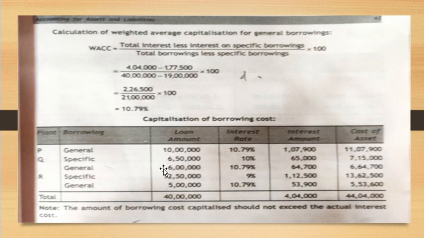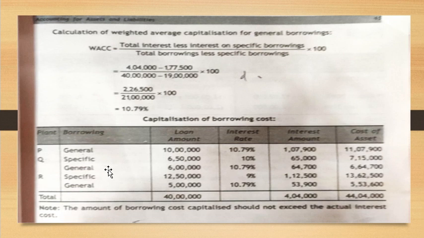Then the remaining amount is 12,50,000 minus 6,50,000, which gives you the remaining amount to be considered from the general loan amount, which is 6 lakh. So general is 6 lakh. As this is a general loan, the interest to be charged will be your weighted average capitalization rate. So 6 lakh into 10.79% will give you 64,700. So the cost of the asset is 6 lakh